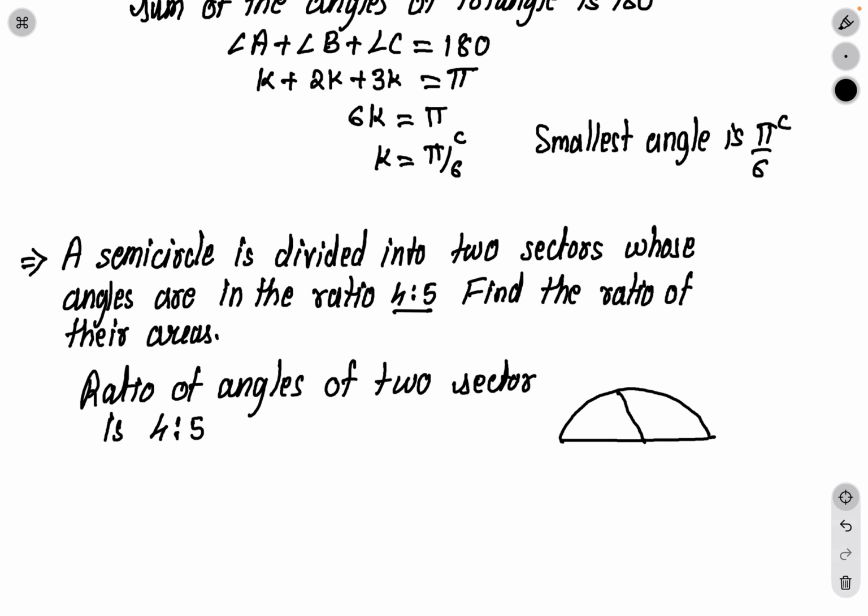So if this sector is A1, this sector is A2. Ratio of angles is what? 4 is to 5. So we will consider this angle as 4K and this as 5K. Now area of sector A1 is equal to half